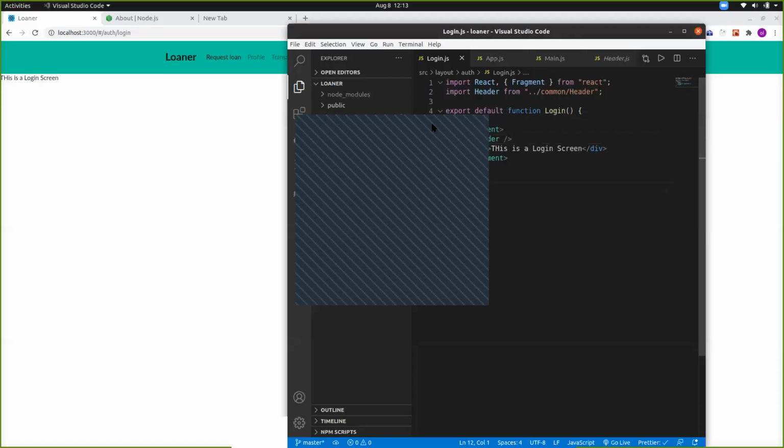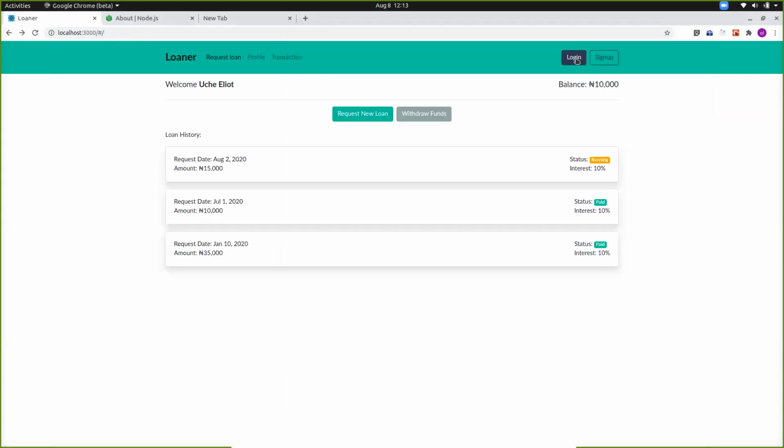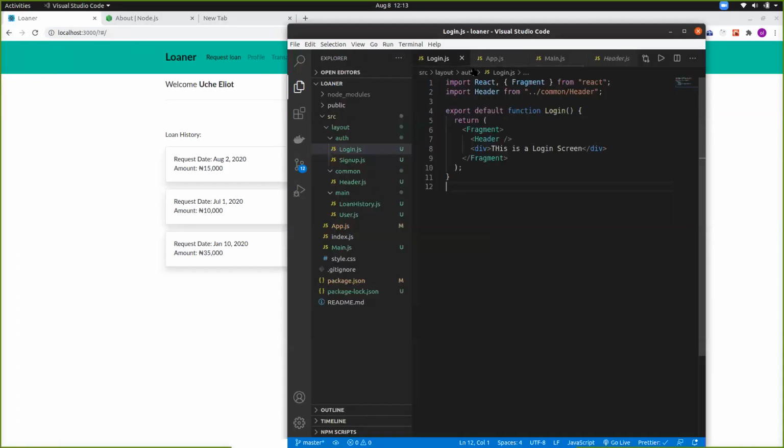Okay, so let's move on. All right. So based on what Line was trying to do the right time by clicking on the login and it wasn't working. So what we can do in that regards is to go into